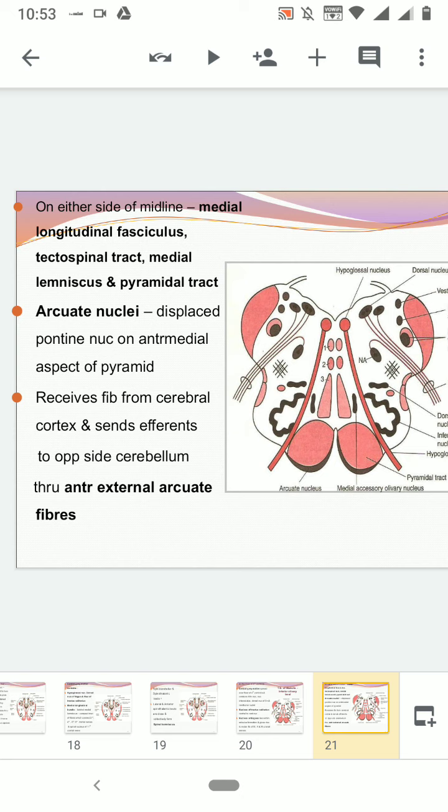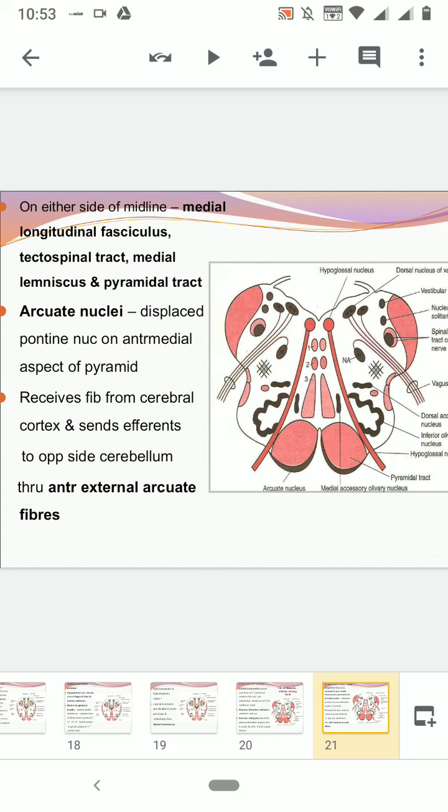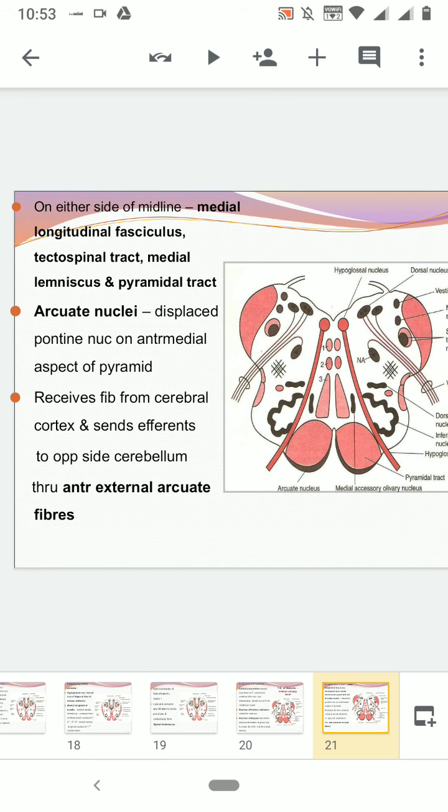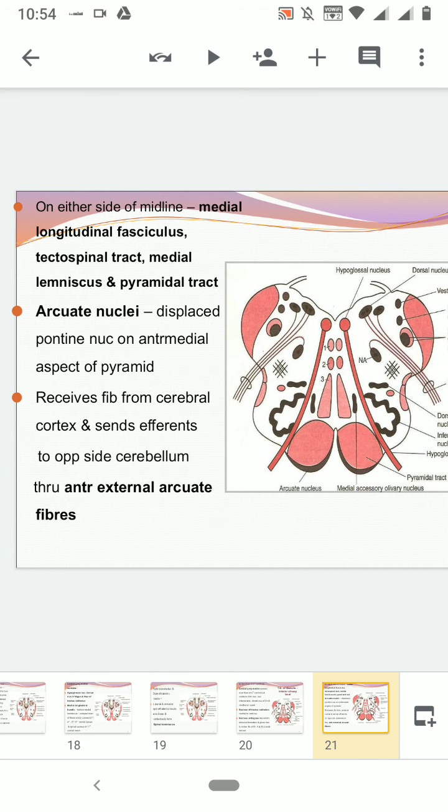Now you know what the medial lemniscus is. We have already talked about it. It is made of the crossed fibers, the internal arcuate fibers which have arisen from the gracile nucleus and the cuneate nucleus, and they have crossed and formed this medial lemniscus, which goes to the thalamus. And what do they carry? They carry conscious proprioception, position sense, vibration, kinesthesia, graphesthesia, all those sensations.